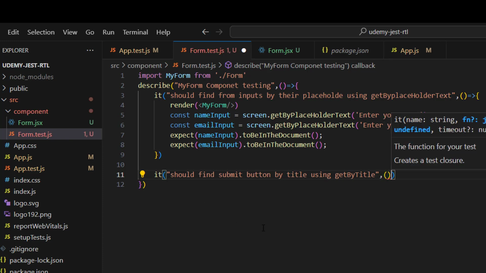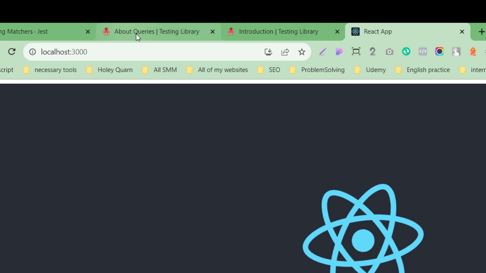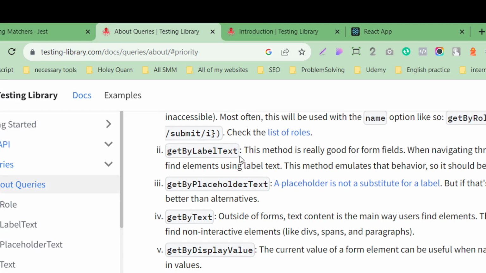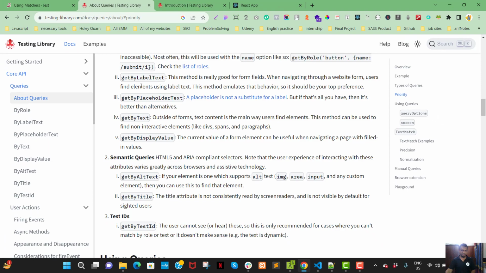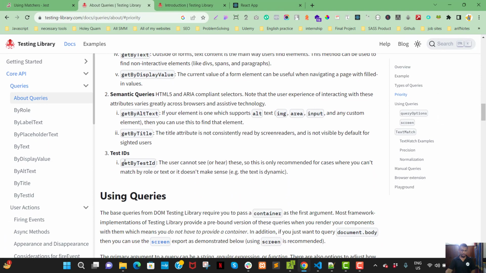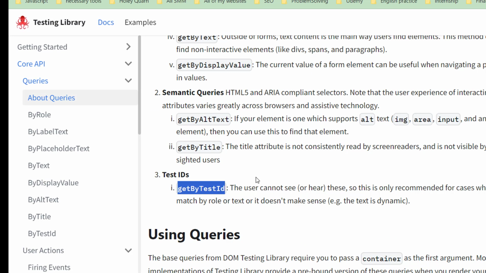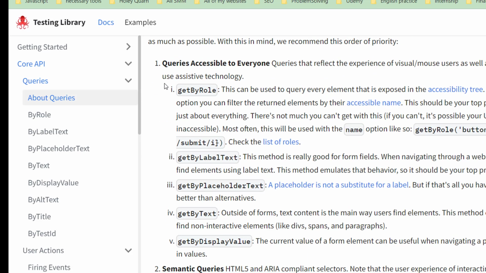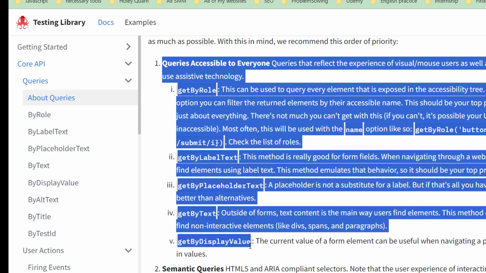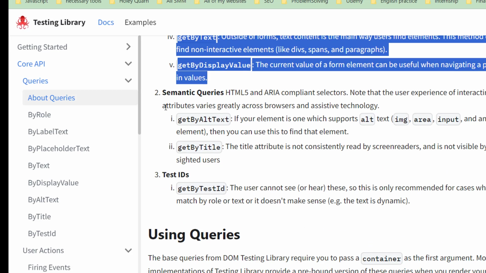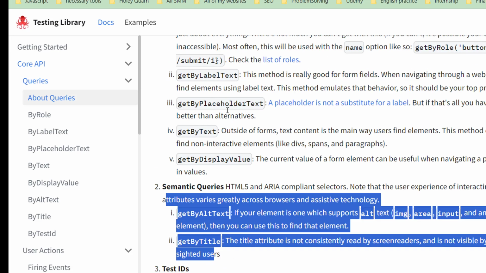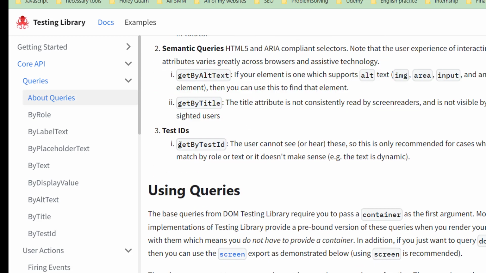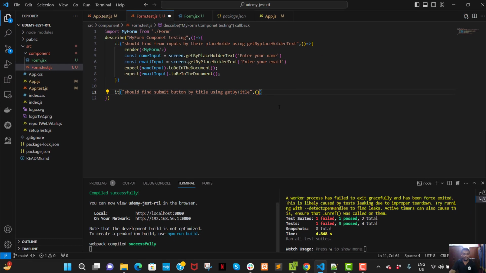Along with that, you are watching the other query methods: getByText, getByLabelText, getByAltText, and I also use getByTestId. So this is the priority rule. Several times I have talked about that. This is the first priority. If you don't find it, you should try the semantic queries. If those two are not sufficient, you can go for getByText. This is the last resort. So we'll use getByText also in our testing,